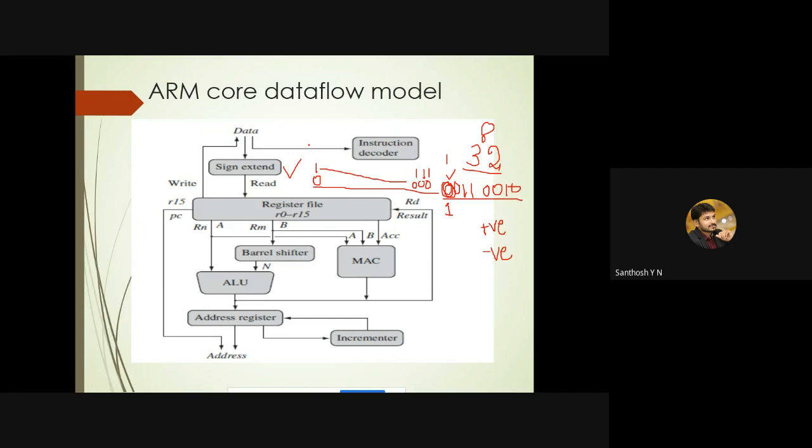And the register file: there are many registers available, from R0 till R15. All the registers are general purpose except R13, R14 and R15. For what purpose R13, R14 and R15 are used, we'll see in the further slides. From R0 till R12 you can use them for general purpose, but R13, R14, R15 we cannot use because they are used for a specific purpose. It is already displayed in the diagram that R15 is working as a PC. PC is nothing but the program counter. So what is meant by a program counter?